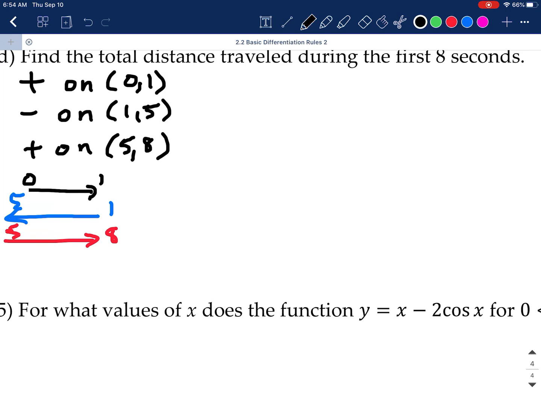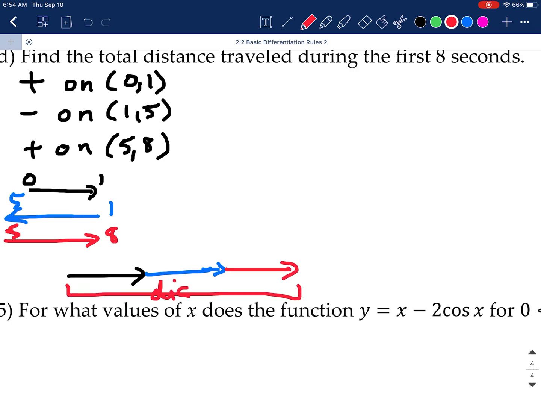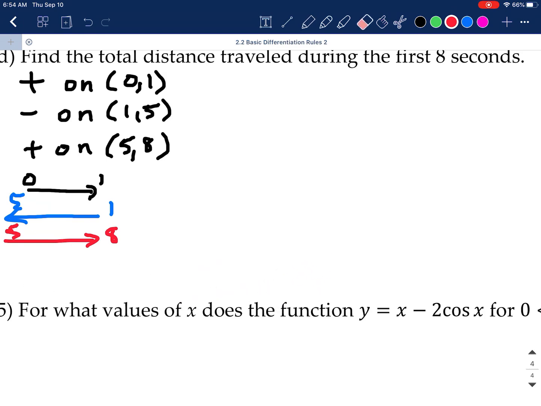So what we want to do is measure each one of those lengths traveled and then add them all together. All right, so this total length will be distance. Okay. So for the black arrow and the red arrow, those are going to be positive. But the blue arrow is going to be negative, which means I need to flip it around. So the way that we're going to calculate this then is that the total distance